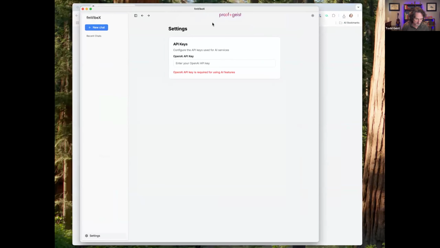By the way, I just have to say, FileMaker is an awesome container for web applications. This is how I prefer, and certainly how we like to ship anything in FileMaker. We like to make it with one layout that has a web viewer on it and build a web app that sits inside it. That is my favorite way to do it. I get to use Cursor to do all of the code generation, and FileMaker provides a really nice container for delivery. So if I am shipping to FileMaker customers, this gives me security. It gives me, like we do with Auto Deploy, a file that you have control over.